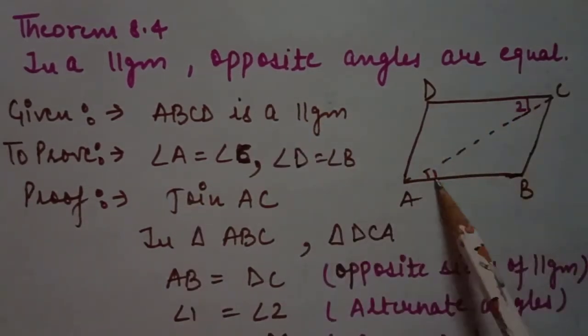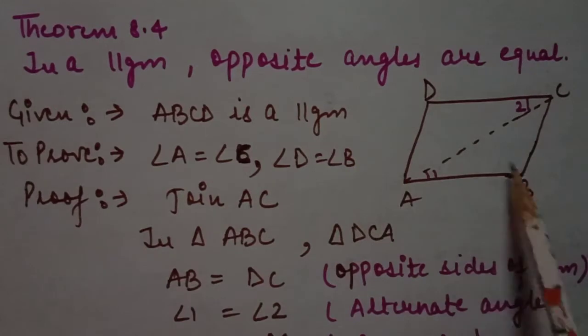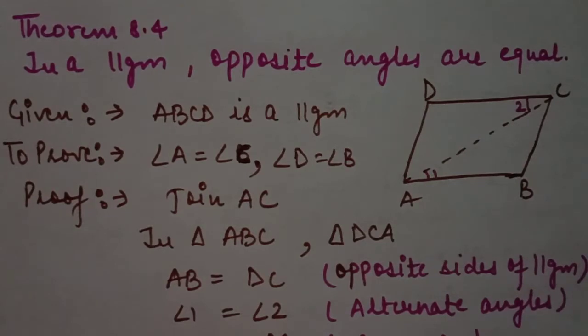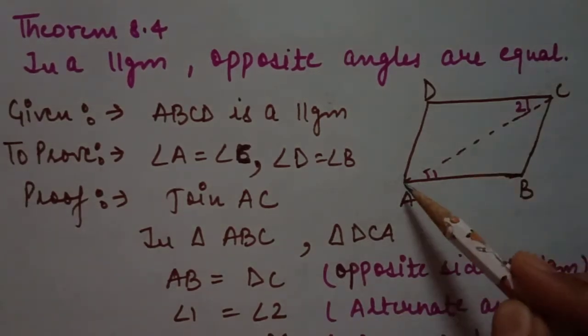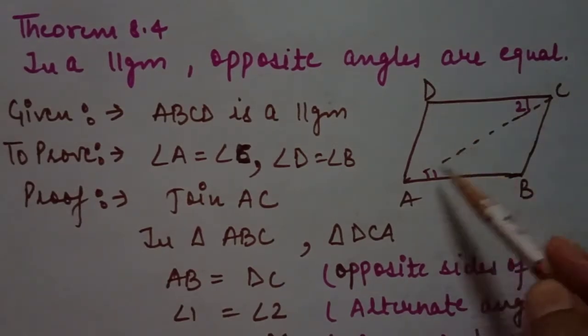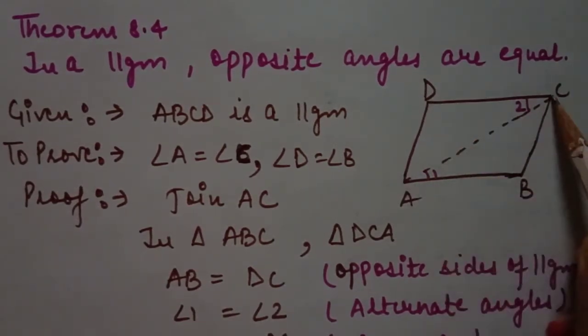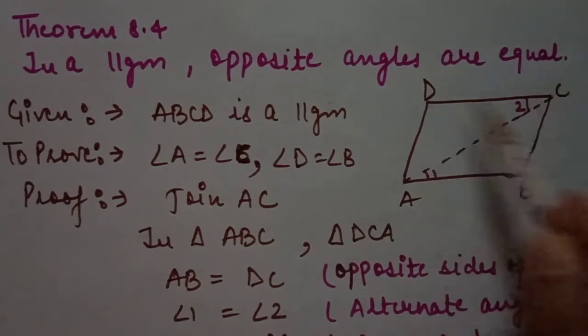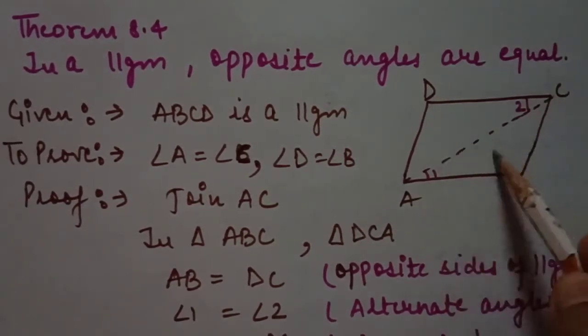Opposite angles means angle A is equal to angle C, angle B is equal to angle D. We have two different pairs. If we prove one pair, then we can easily write the other. Similarly, we can prove the second pair also. So students, for proving one pair, we have to construct something. We have to join AC. You can join DB also, it is also possible. I joined AC. By joining AC, this parallelogram is converted into two different triangles.